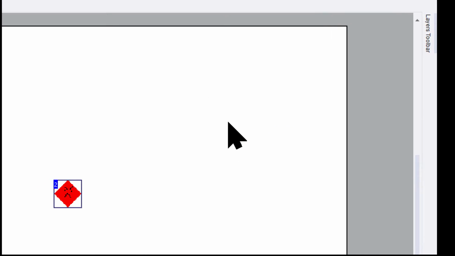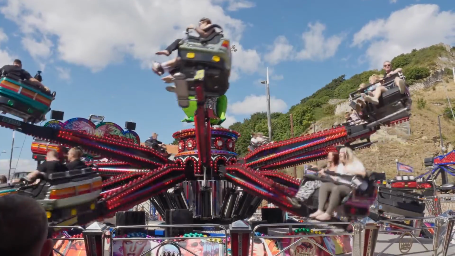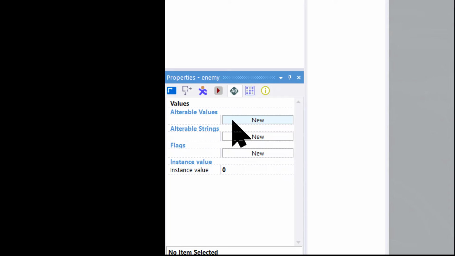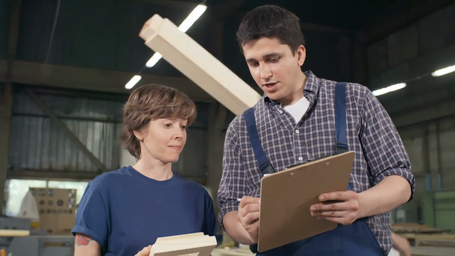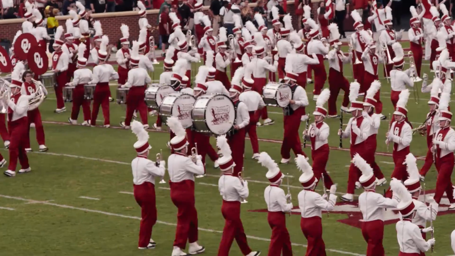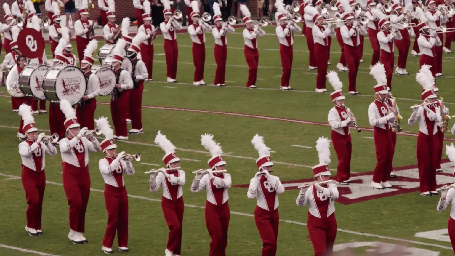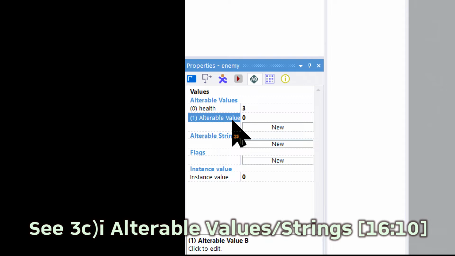I find this is the most simple way to do it, but you could also use physics and replace when we set the movements to applying an impulse. That gets quite tricky, so I'm just going to stick to the basics for now. Alterable values, as we said before, check back in the previous video, is a way to store values within each active object so that each active object can have its own action applied. Only those active objects that match the condition relating to your alterable value. A common one might be when the alterable value of health equals 0, then destroy, as shown in the previous